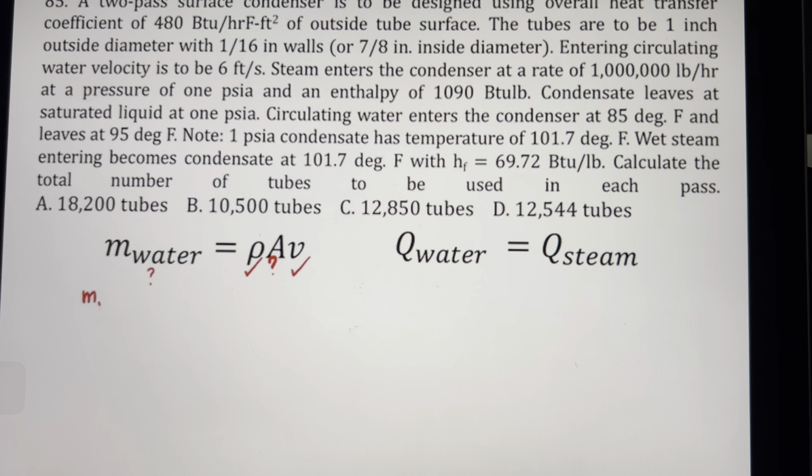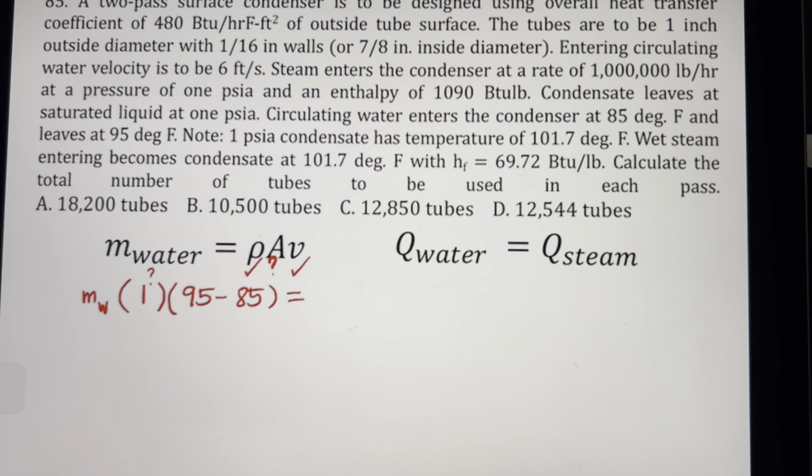That will be m of water times Cp of water, that is 1 BTU per pound Rankine, times the change of temperature of water. So the exit temperature is 95, while the inlet temperature is 85. So that will be 95 minus 85 degrees Fahrenheit